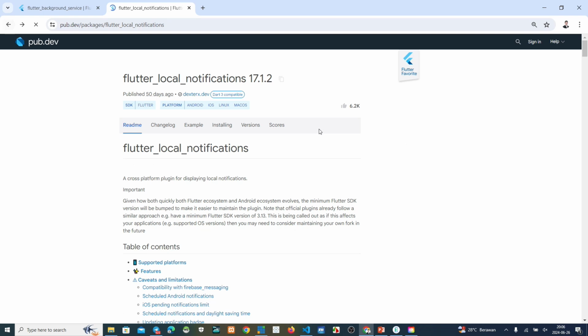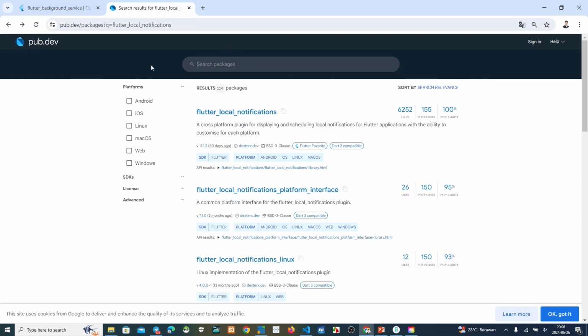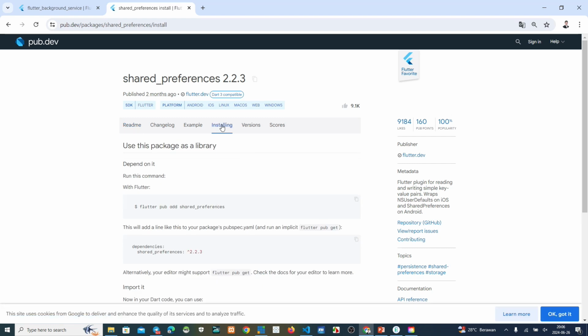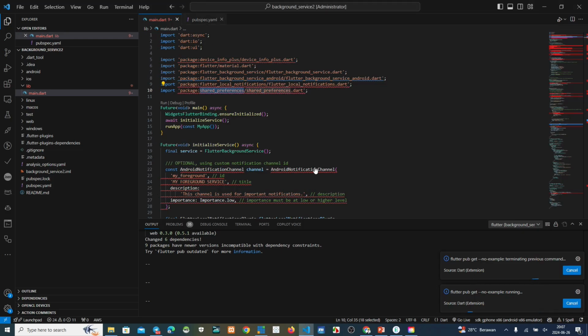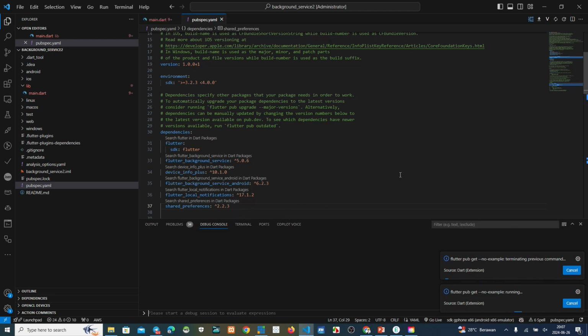Click here, and how to install these dependencies? Copy these dependencies. Copy. Okay.